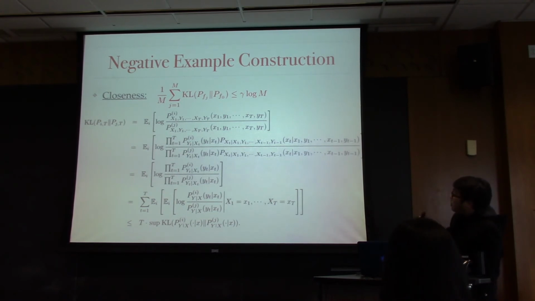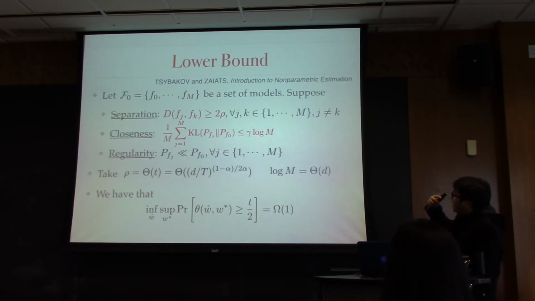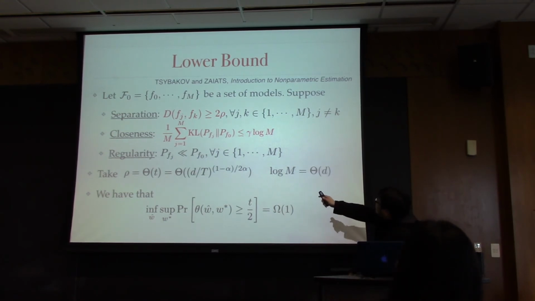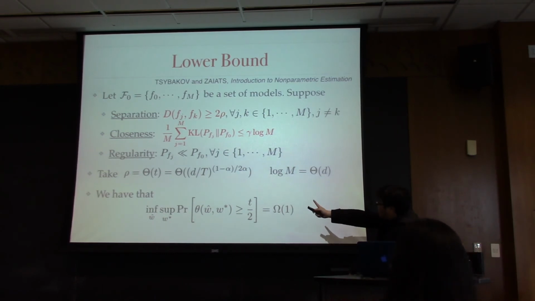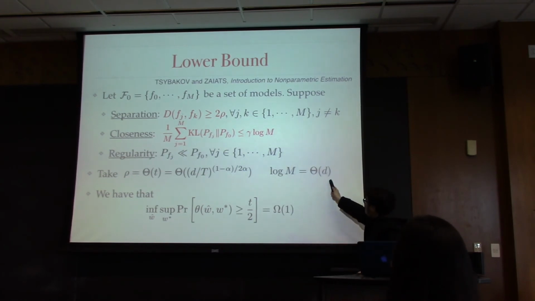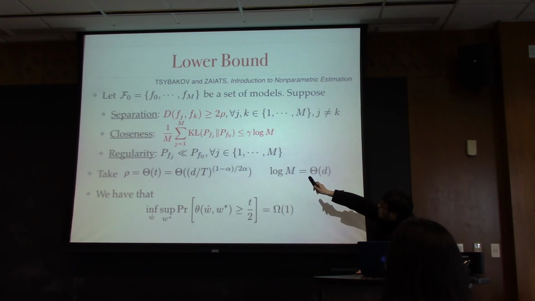So after the derivation of this KL divergence, I can finally apply Tsybakov's main theorem to get our lower bound. I will choose a small t. This small t would be the separation parameter. I will choose it to be on the order of (d over T) to the power of 1 over 2 alpha. So this t decreases to 0 as I get more and more data points. And as I have said, by using constant weight codings, I can ensure that there are exponentially many, like e to the d or 2 to the d, hypotheses in my hypothesis class F0.